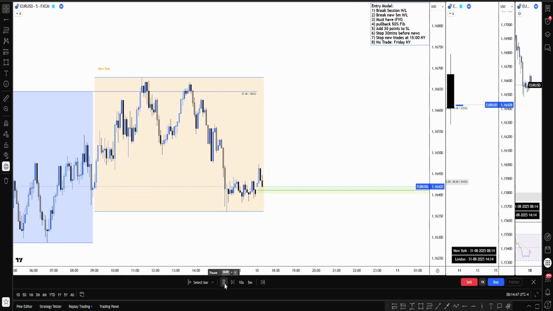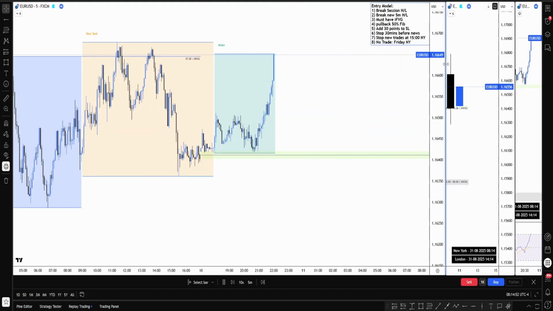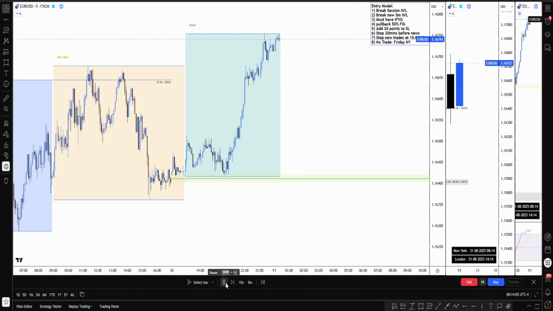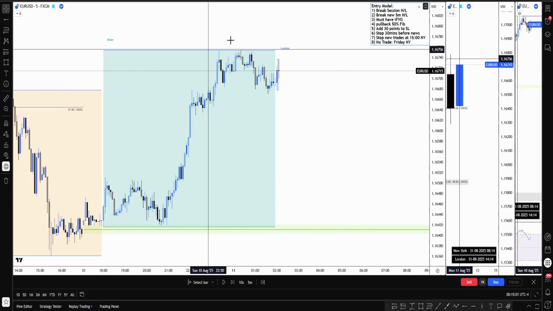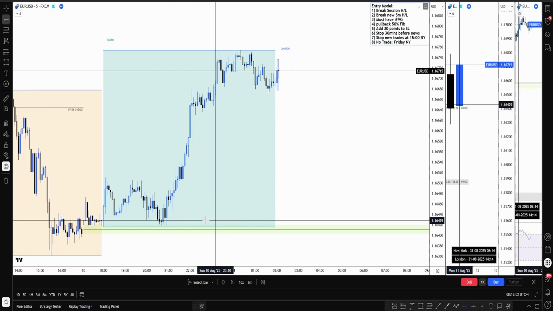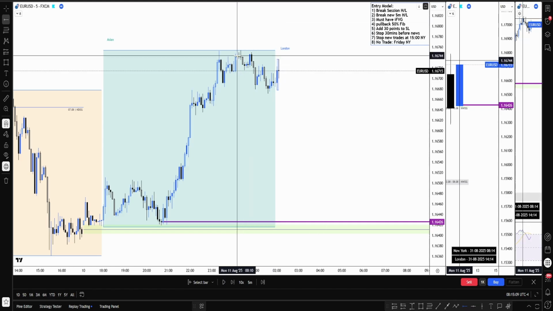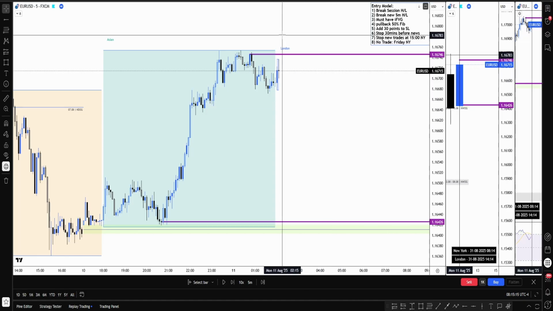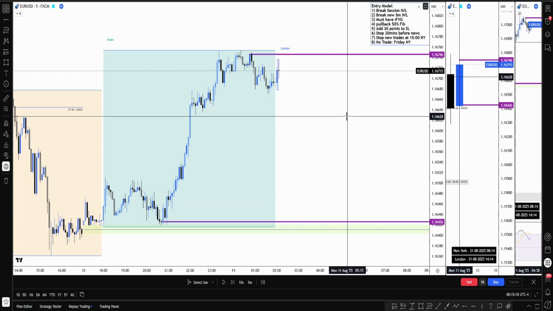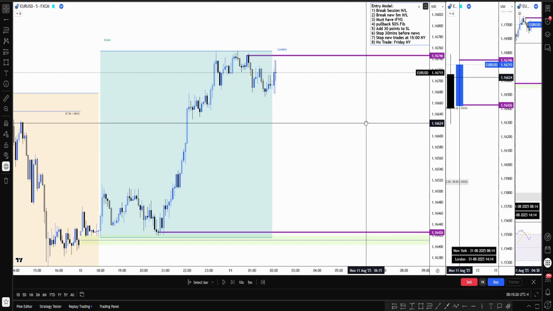Okay, we're going to stop at 2 a.m. Okay, this is now Sunday, by the way. Okay, right, so that's Monday. Clearly we can see this is the Asian high, this is the Asian low. So what are we looking for? We're looking for a break of the Asian low or a test of the Asian high, and then we look for either a sell pattern from here or a buy pattern from here, as explained in my August replay backtesting on the part 1 video. All right, so let's move forward.